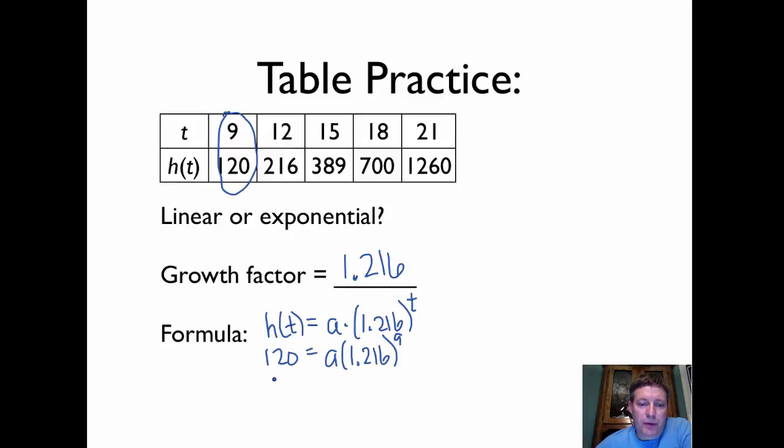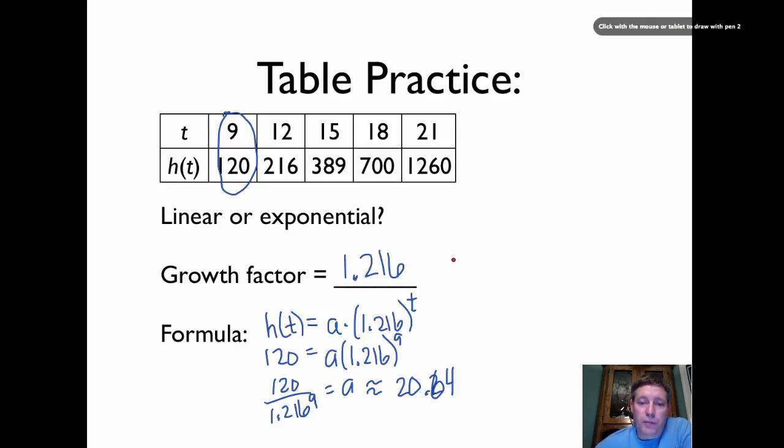Now we want to find what a is. We can do that by dividing both sides by 1.216 to the 9th power. That'll give us a. And it turns out a is about 20.64, I believe, something like that. 20.64. So our final answer, the final formula then, if I put all that together, the formula for this will be